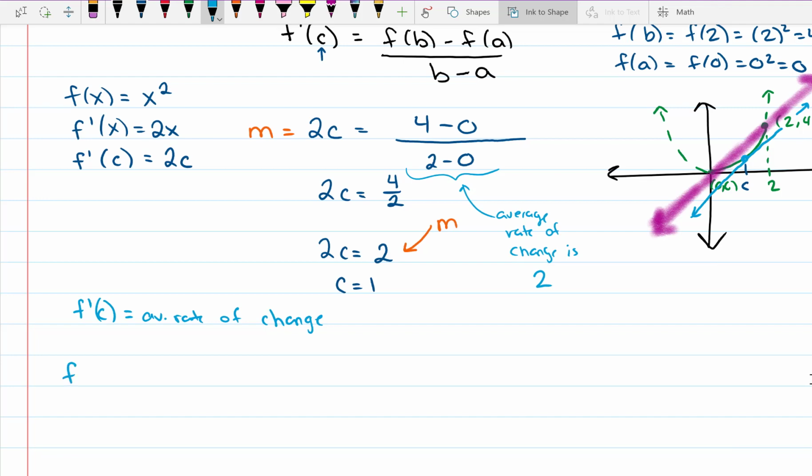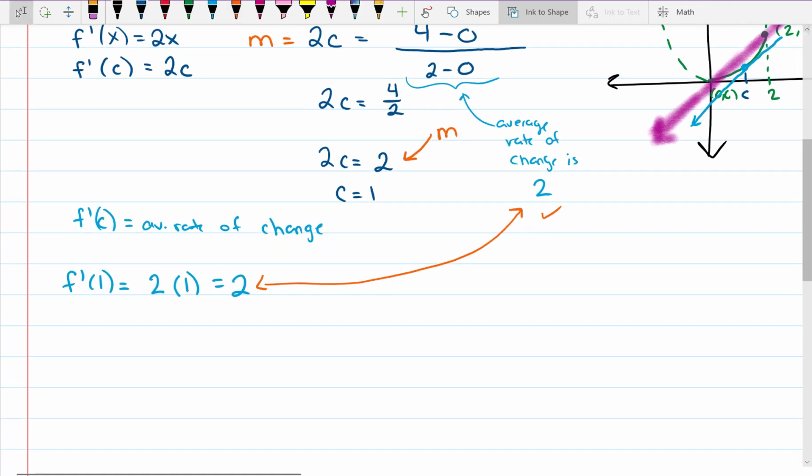So c was 1, so f prime of 1 is equal to 2 times 1, which is 2. And if we look right here, and we look over here, they're the same. So not only did we show that the mean value theorem holds, we actually solved for the c value. So I'm going to write a little conclusion statement. And I'm going to write the tangent line